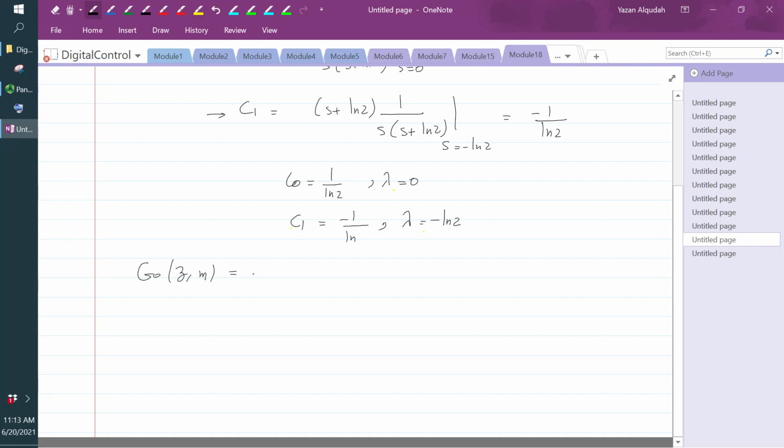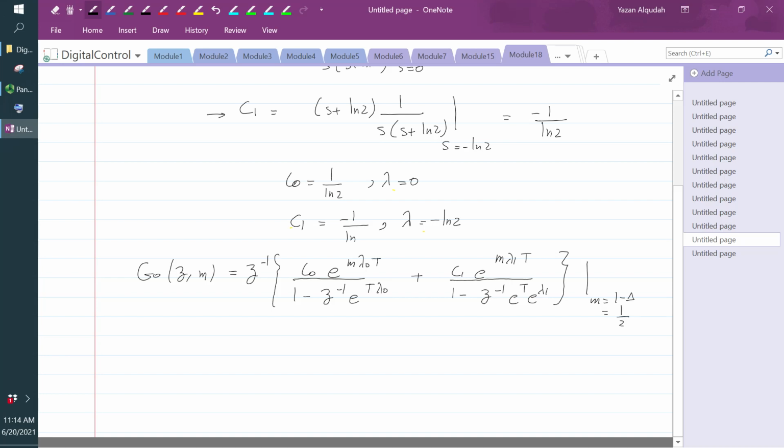This is going to equal z^(-1) of c0 e^(m·λ0·t) / (1 - z^(-1) e^(t·λ0)) + c1 e^(m·λ1·t) / (1 - z^(-1) e^(t·λ1)), where m = 1 - Δ, which is equal to 1/2. So therefore,